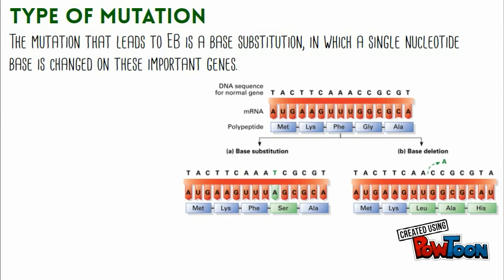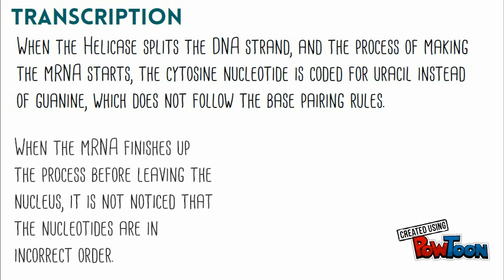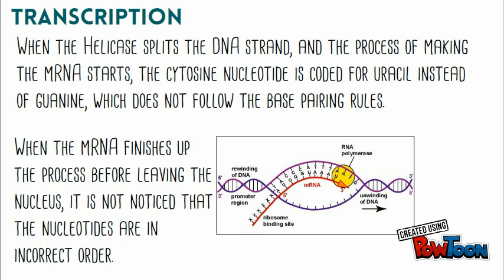Now that we have covered the genes affected, let's get into how or why. The mutations in the previously stated genes occur in a process known as base substitution, where a nucleotide base is changed and coded for another base other than its pair. When the helicase splits the DNA strand in the process of making the mRNA starts, the cytosine nucleotide is coded for uracil instead of guanine, which does not follow the base pairing rules of A to T and C to